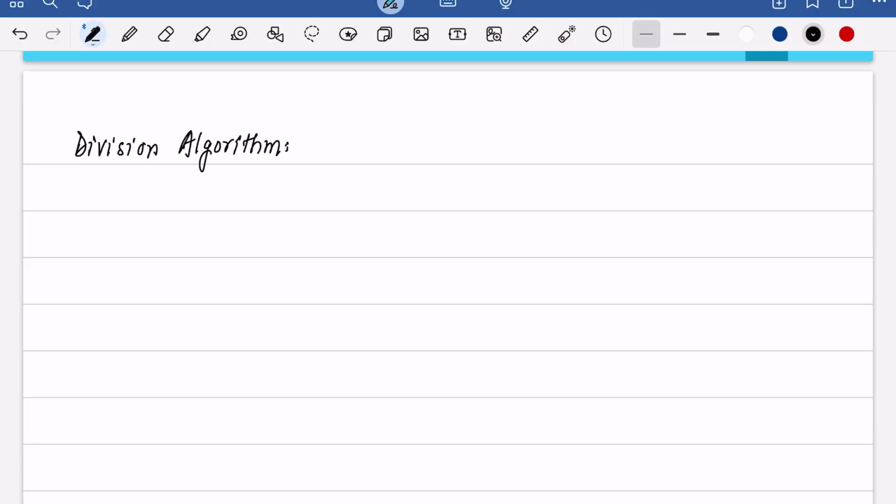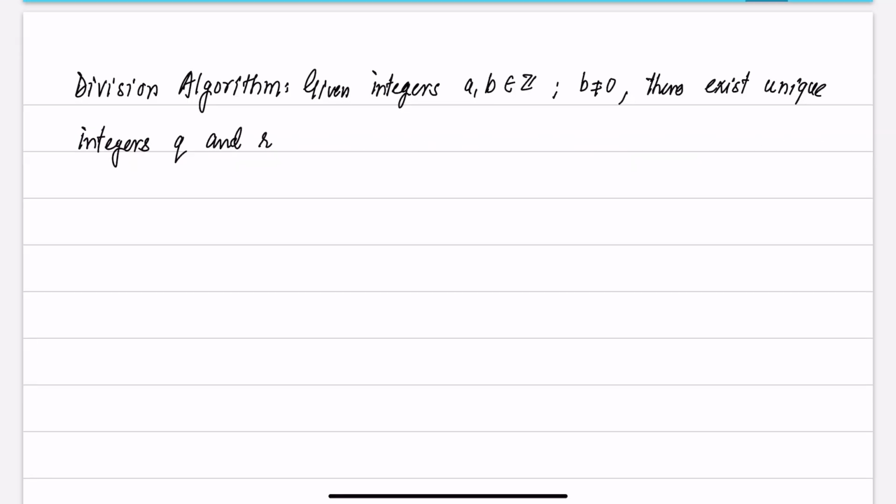The division algorithm is defined in this way: given integers a and b in the set of integers with the condition that b is not equal to 0. Some authors also write b is greater than 0, but we can take b negative also, but it has to be non-zero, so actually we will choose it as a divisor. Given integers a, b belonging to Z, there exist unique integers q and r in Z